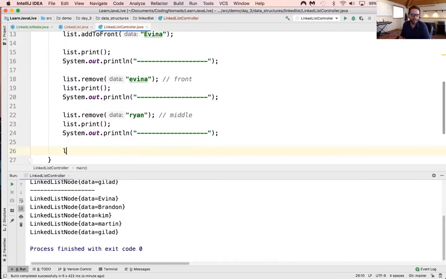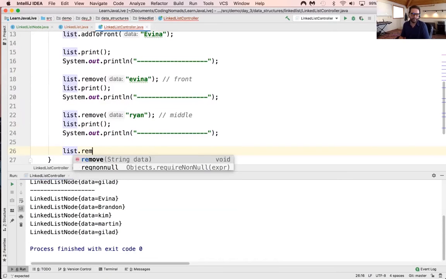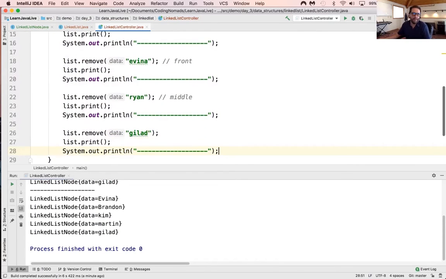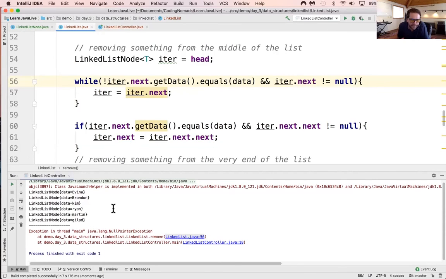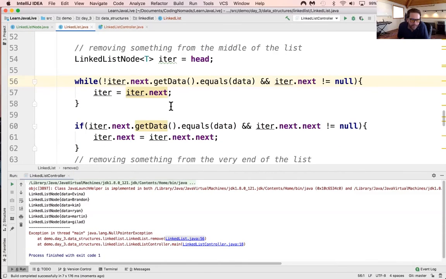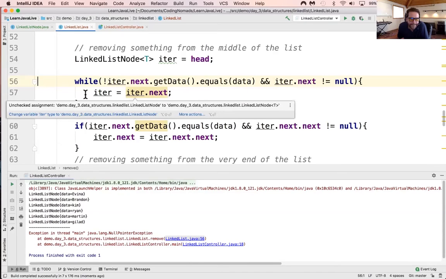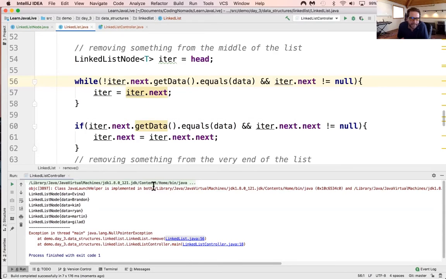And then I'm going to remove the one at the very end, which is Gilad. All right, let's see if this works. Uh-oh, null pointer exception on line 56. While iter.get, so this is after the first print. So while iter.next, null pointer exception. Well, iter.next.getData.equals, well, not iter.next.getData.equals null, and iter.next does not equal null. Iter equals iter.next. So,